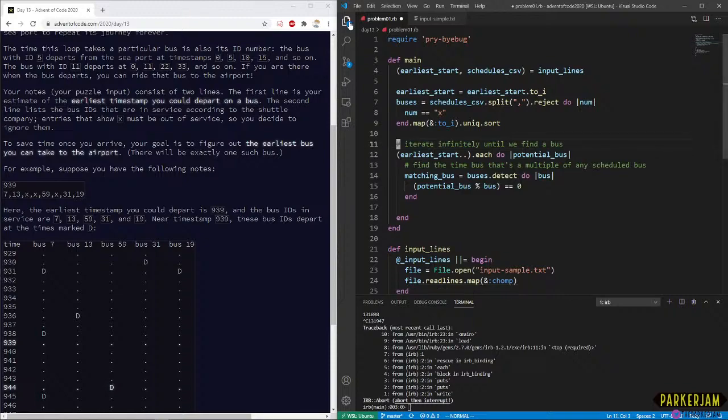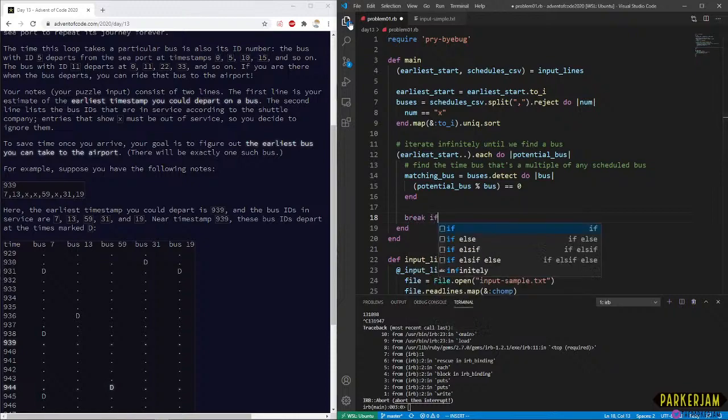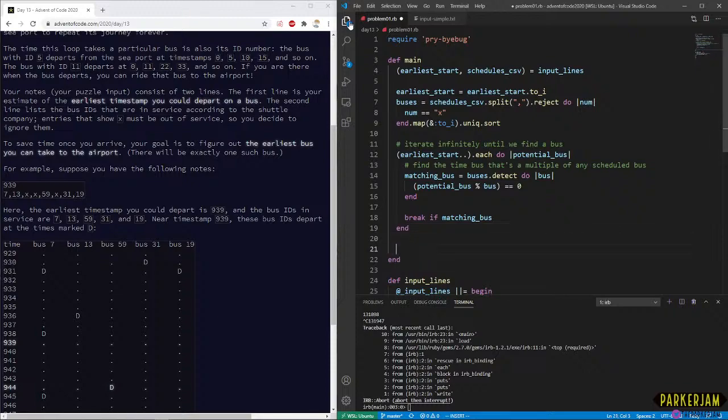I don't think we actually need matching bus in the outer scope. Let's break if matching bus. And otherwise it'll just keep on going and going and going forever and ever until the end of time.